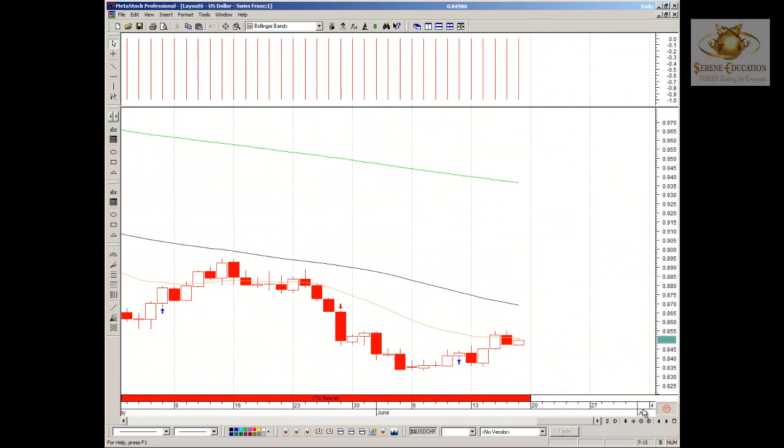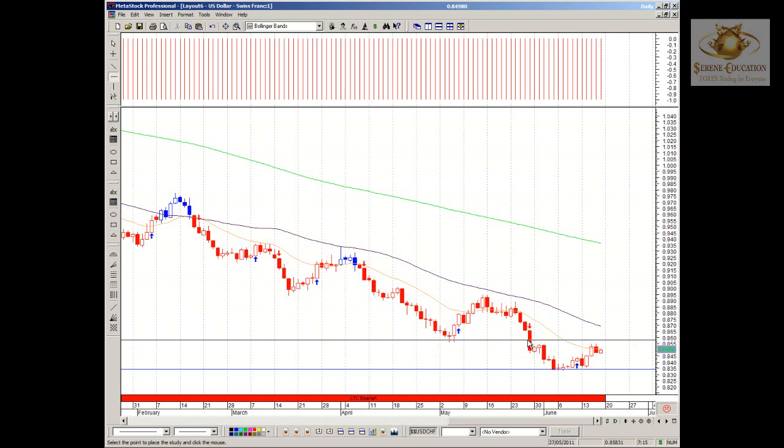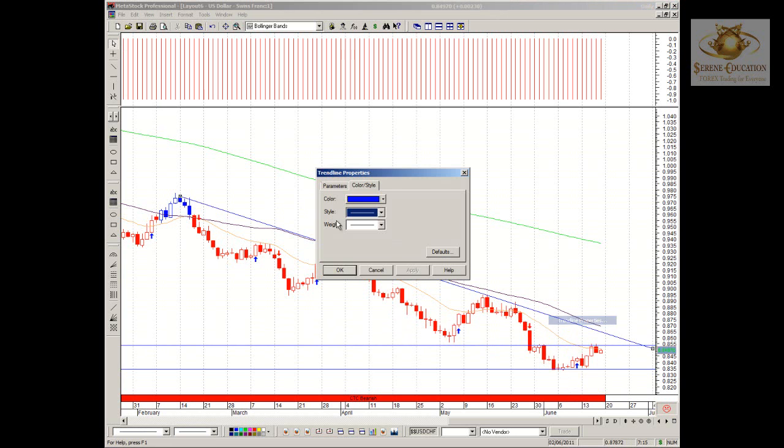Next pair is the US dollar against Swiss franc. We've seen the US dollar gain a bit of strength against the Swiss franc in as many weeks, and we've seen price testing prior support and resistance levels to the upside. Notice that we're still very much in a negative trend. You can see the major trend is to the downside, a lot of resistance above us,